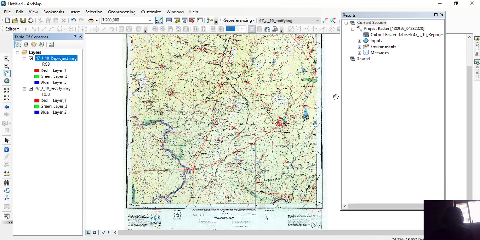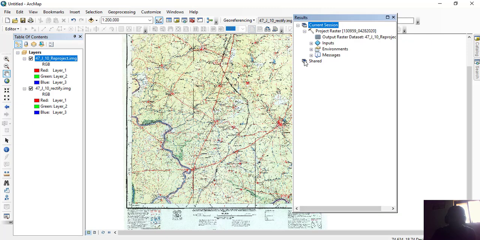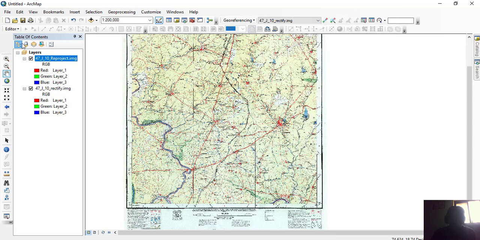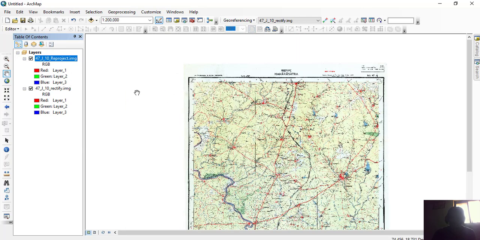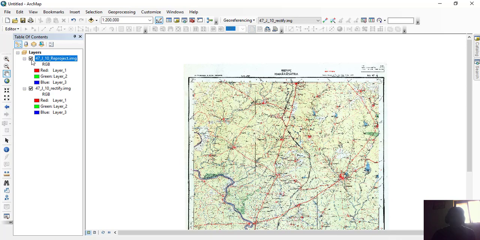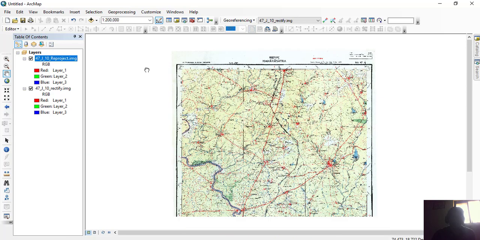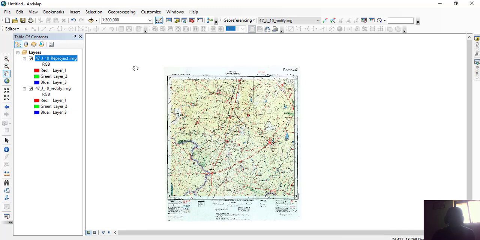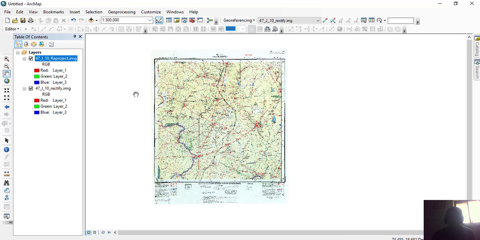So now we can see the map is being created, the tool has finished, and you can see the symbol has changed. We can see the new map has been added. Both maps will look similar in appearance, with just a minor difference. But the major difference we can see after viewing the same map in a new view, because when we add a geographic coordinate system map, these values will be different.